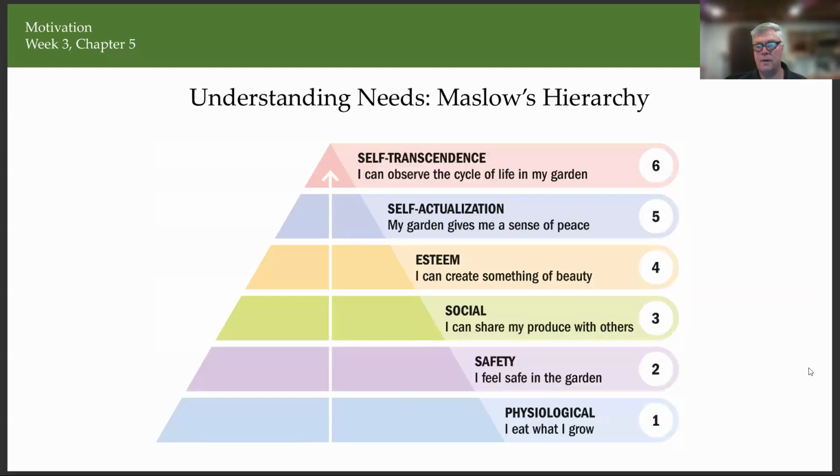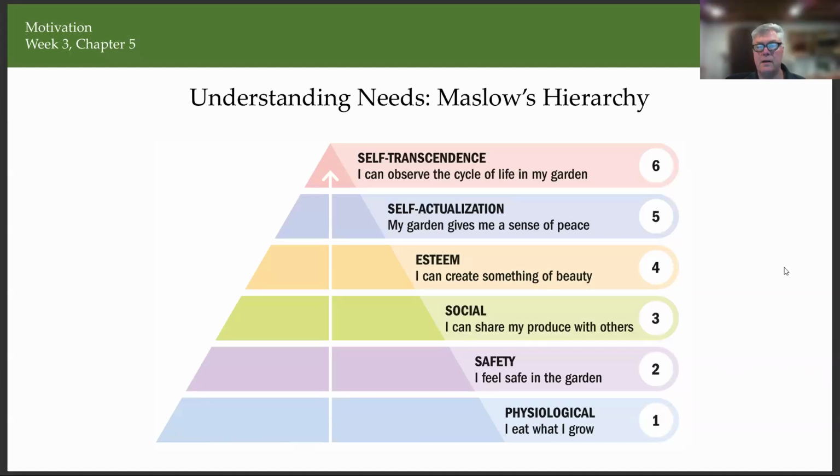Understanding needs, Maslow's hierarchy. Some of you have studied Maslow before. It directly applies in marketing, and it is so true. At the lower end of the pyramid is the physiological. That is the lowest level of need. I eat what I grow. Physiological is the lowest level. You move up to safety, to social, to esteem, to self-actualization,